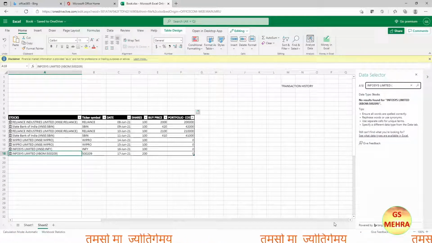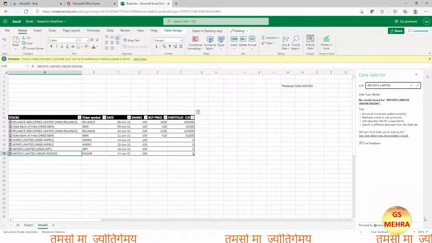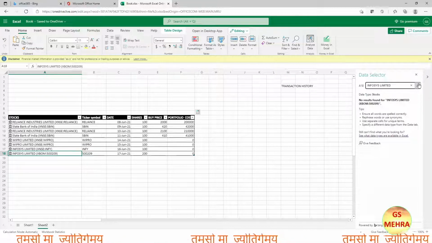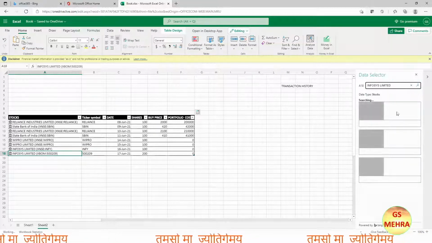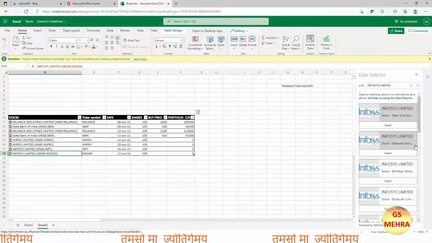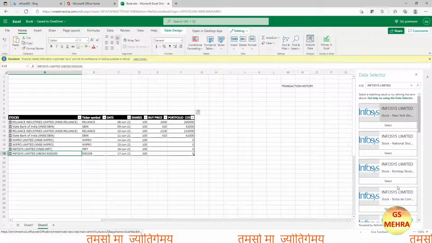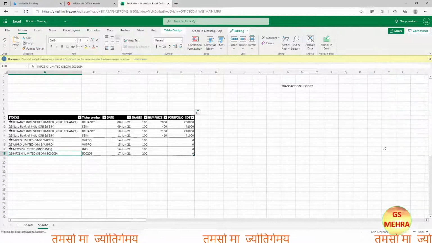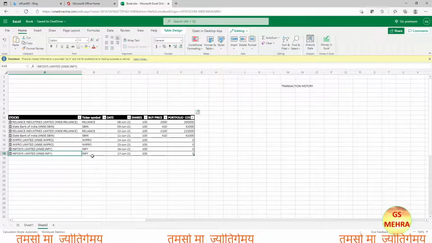So when we do that, here National Stock Exchange we have got. So click on that, and then again you can see that the stock which we will be purchasing is from National Stock Exchange, so NSE.